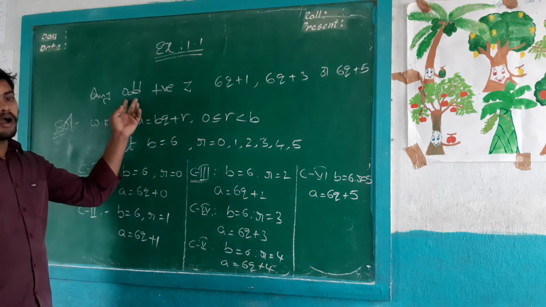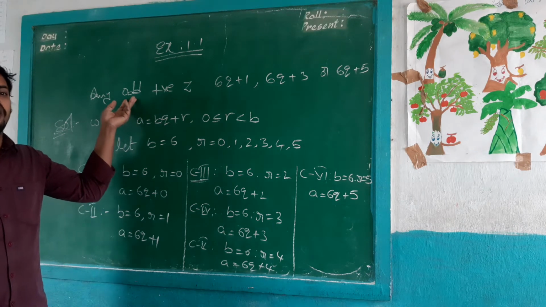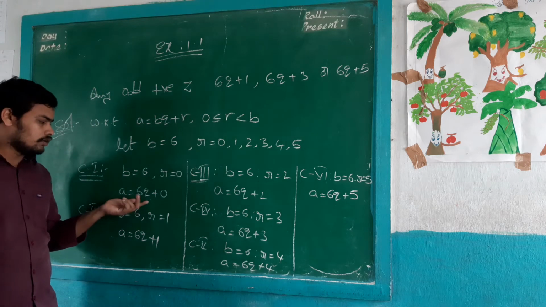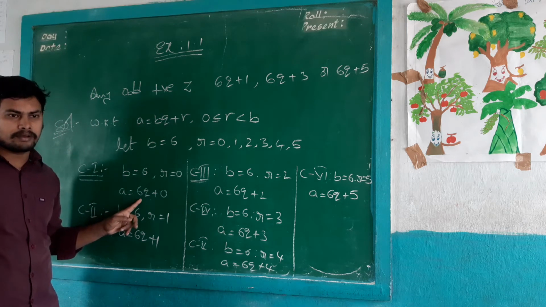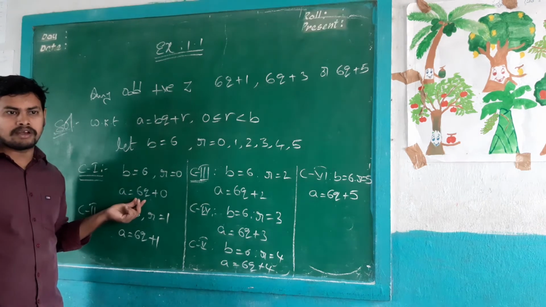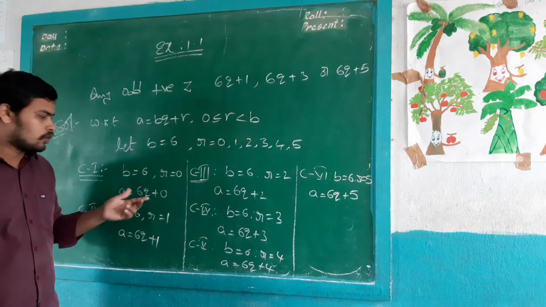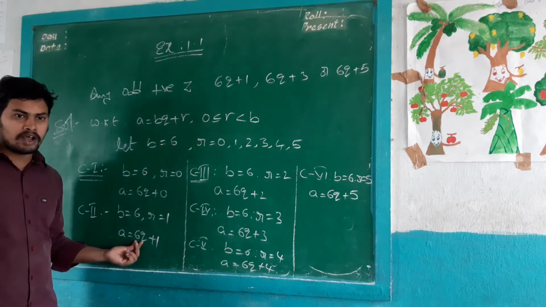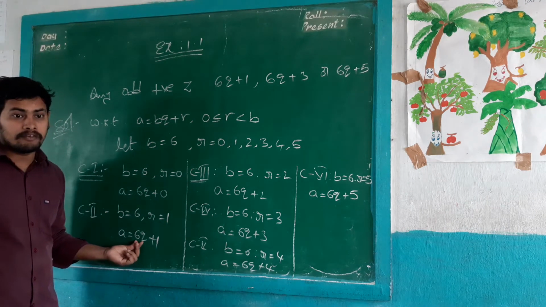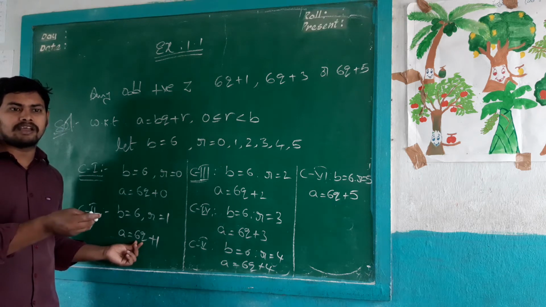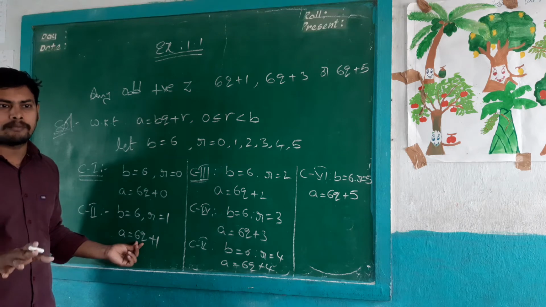So every odd positive integer, odd means 1, 3, 5 like that. So is 6q a odd number or even number? Even number. When we add 0 to an even number, it remains an even number. So this is not the case. Is 6q even or odd? Even. 6 is an even number. Any number multiplied with an even number will be an even number.